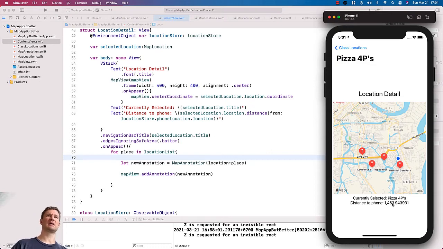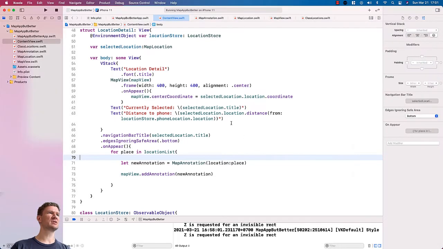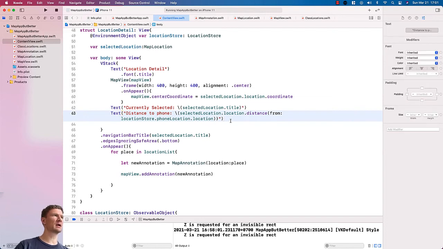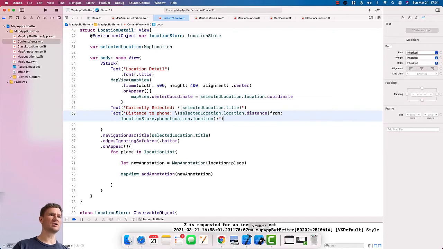calculated and being displayed. And this will automatically update anytime the location changes, so that as your device is moving around, you can see the new distance from you to the location you've selected. And presumably, if you are trying to get directions to go somewhere as you move around, you can update those directions. So the first thing that we're going to do is we're going to go to our location detail,